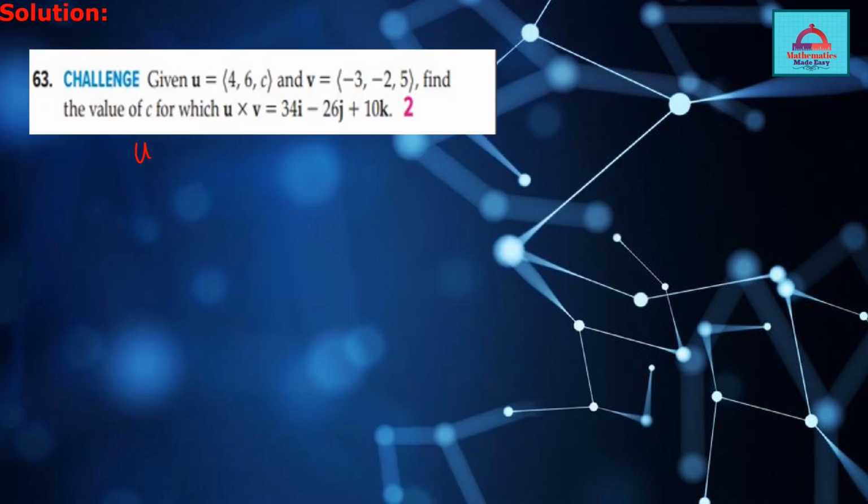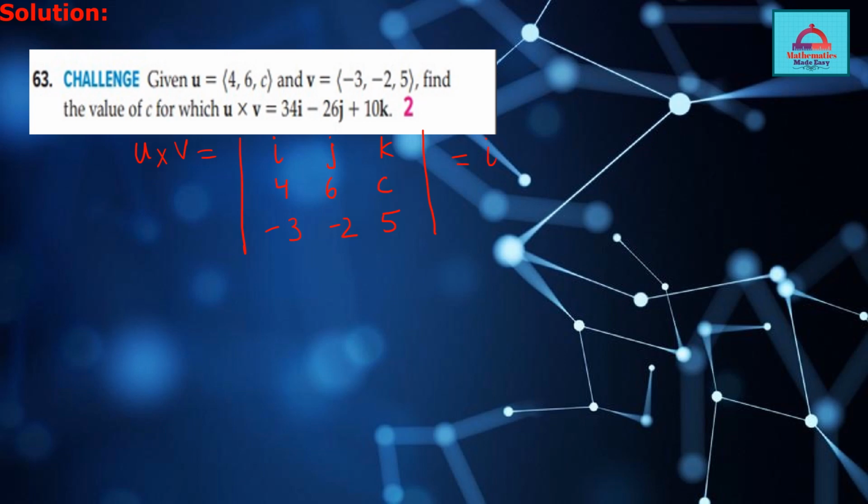Let's calculate the cross product u cross v, which is calculated using the determinant i, j, k, the unit vectors, and then vector u 4, 6, c, and then vector v -3, -2, and 5. So let's open and expand this determinant. So it will be equal to